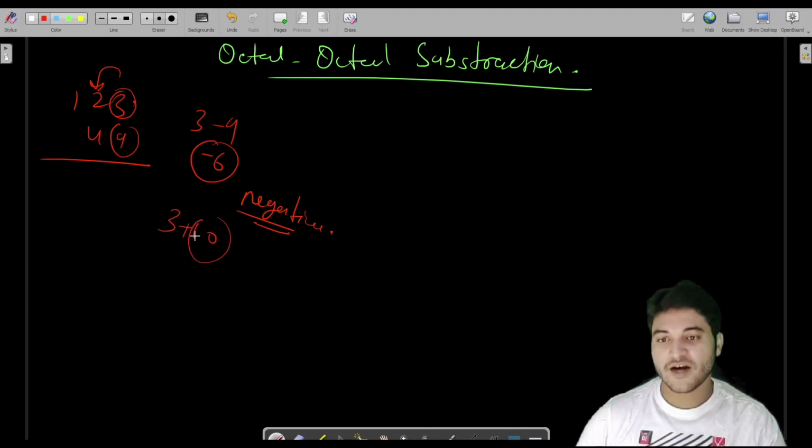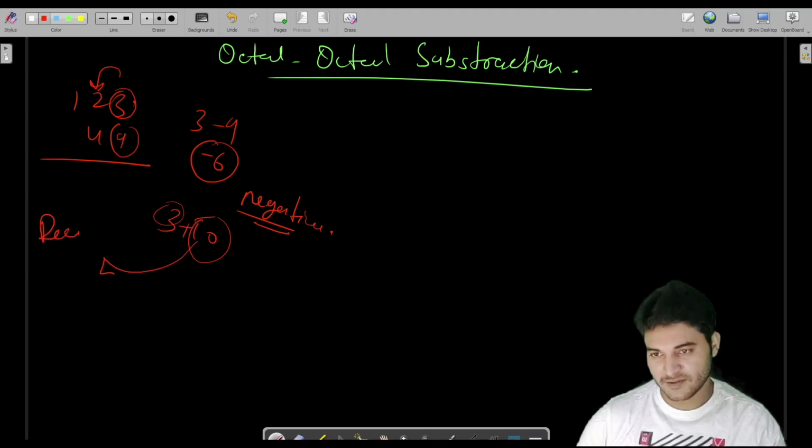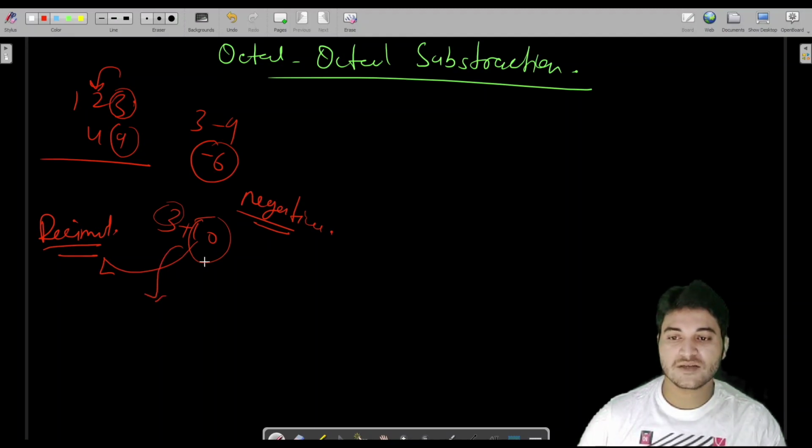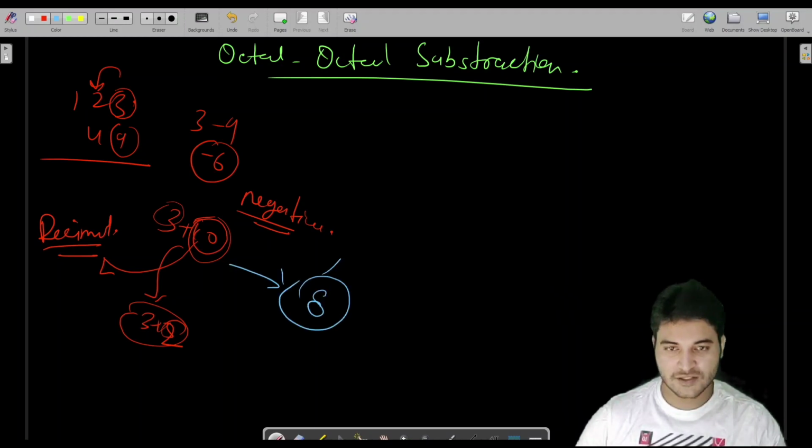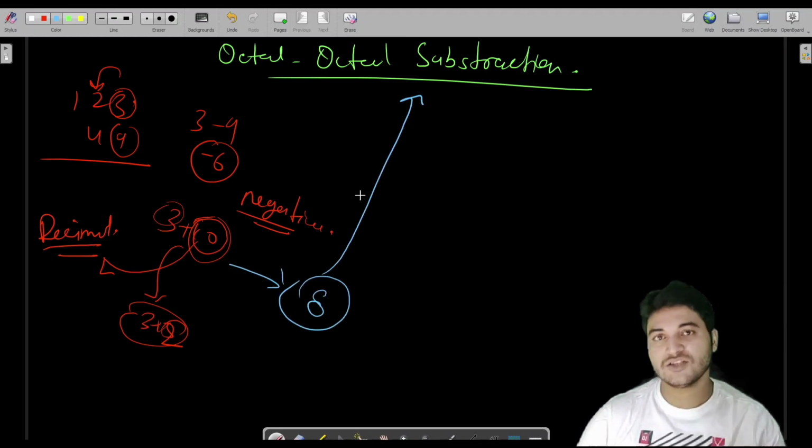So why 10? I have already explained this logic two times, but I still want to explain it here. We add 10 to this digit because we are subtracting two decimal numbers. In the previous case, if we were subtracting two binary numbers, then we had to add 2 here, 3 plus 2. And the same goes for octal. If we are in octal, then we do not have to add 10 here. We have to add 8, which is the base for octal numbers. That is the only change we have to make, and our program is done.